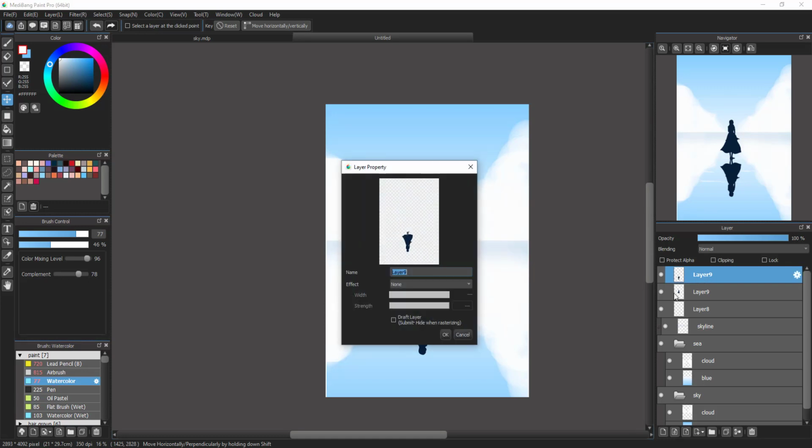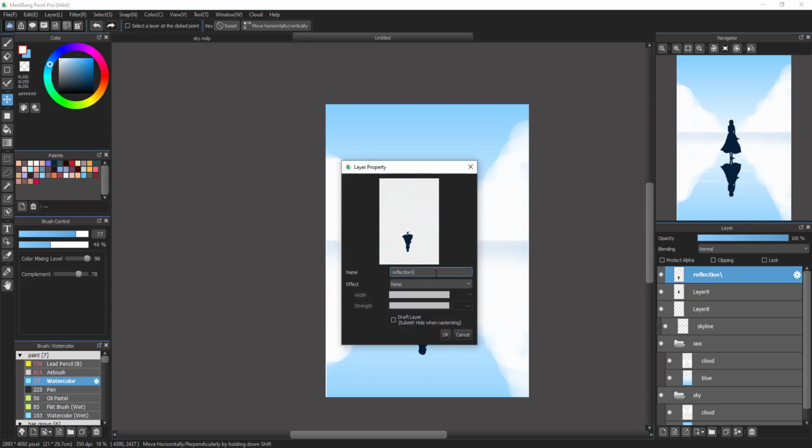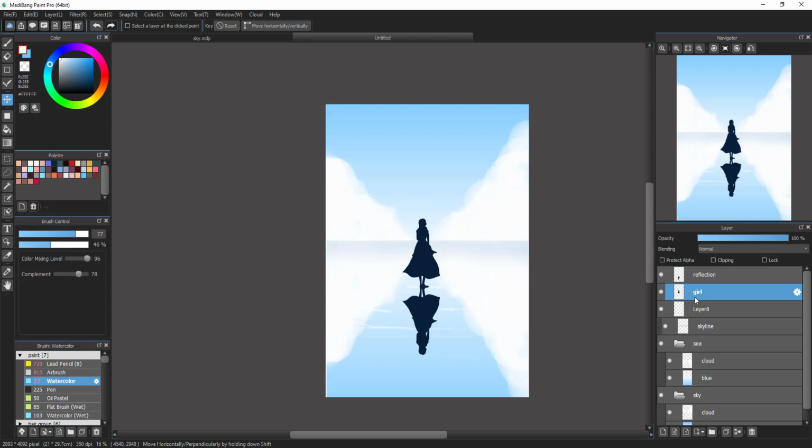So I will rename it. This will be the reflection. And this will be the girl. Okay. For the reflection, I will drag it below the girl layer. Yeah. In case I want the reflection not to cover the picture of the girl,